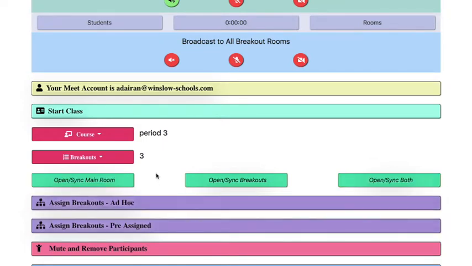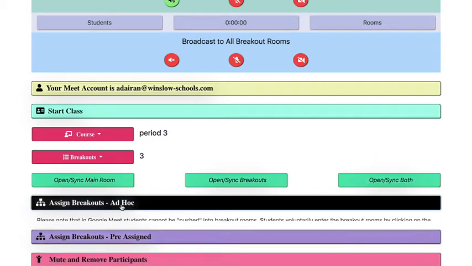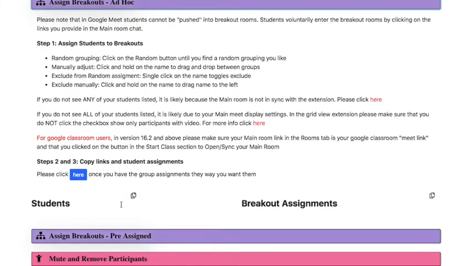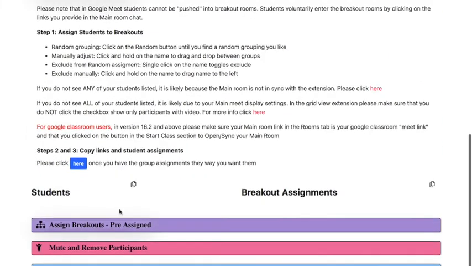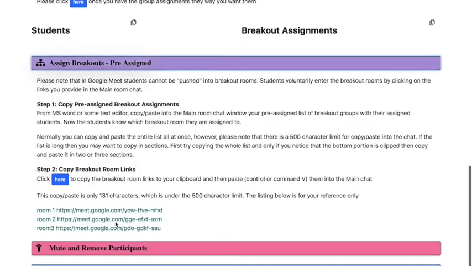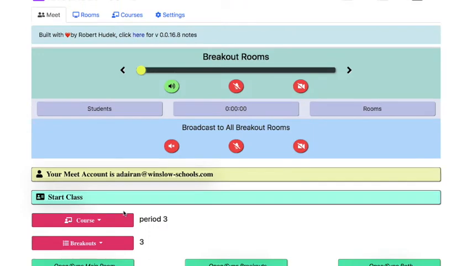The way I use it is I take this Assign Breakouts tab, click this down, and take this one, Pre-Assigned, and then notice here are all the room Meet links. I'll highlight this and copy it, or you can click here to copy. If you paste this in your Google Classroom, you can post those and tell the kids which room you want them in, and then they can click that and it'll go live. So you copy these addresses and put them where the kids can find them, tell them what group they're in, and then after you start class and you're ready to go,